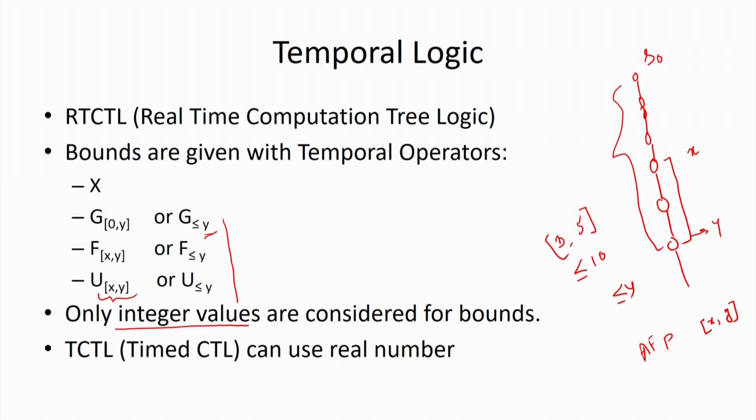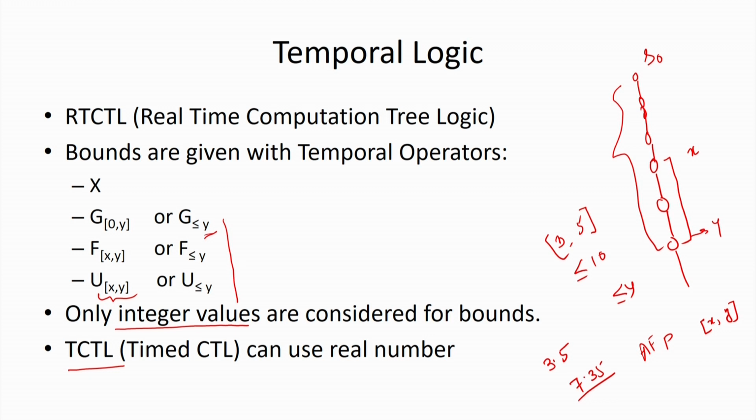For that we have one logic called TCTL, time CTL. In TCTL, we consider real numbers also as a bound. Maybe we can give 3.5 or say 7.35 like that,